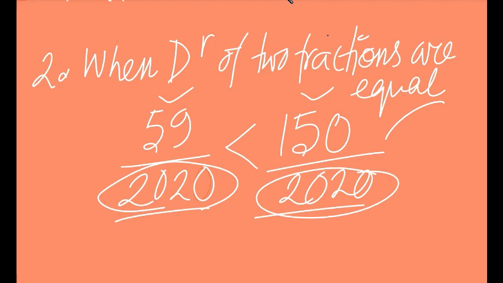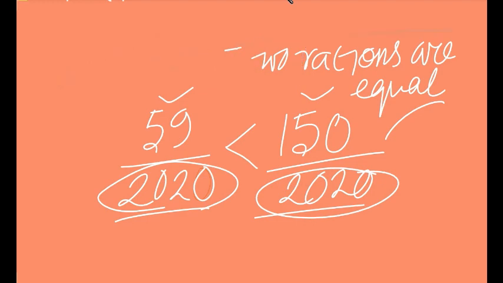Now we shall discuss this point 1 and point 2, the rule 1 and rule 2 in a bit detail. That means when the denominators are not same, what do you do then? Or when the numerators are not same, what do you do then? Alright, for example,